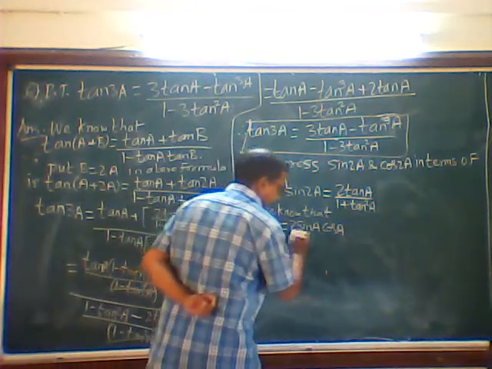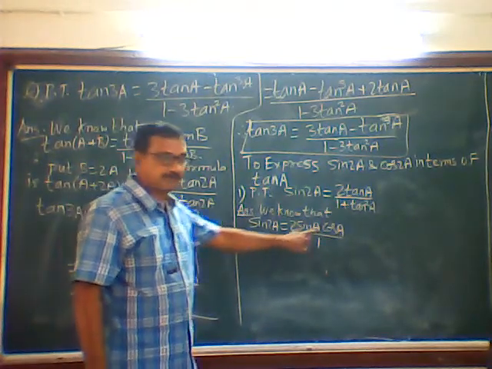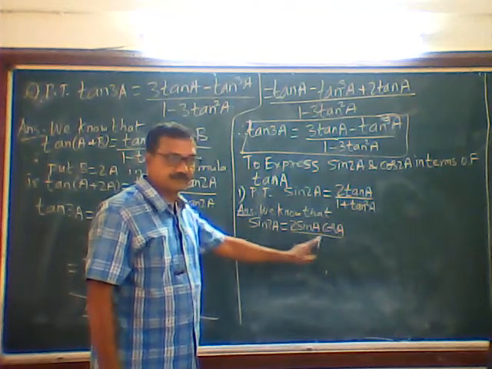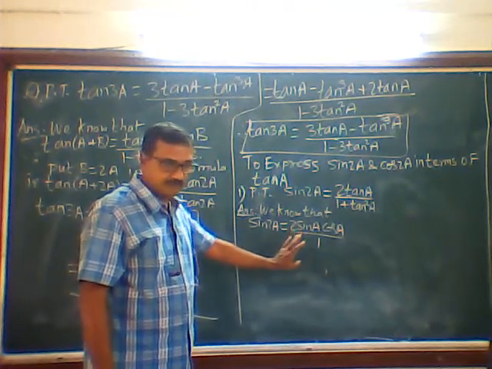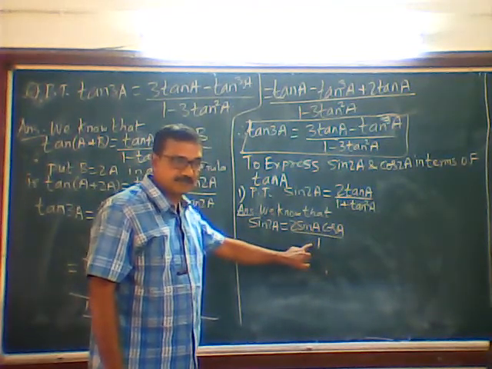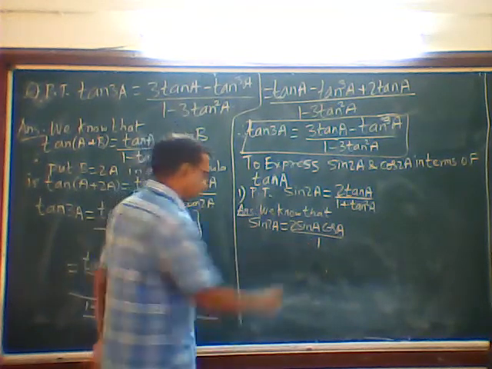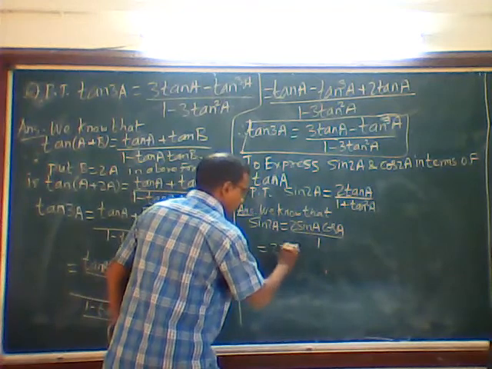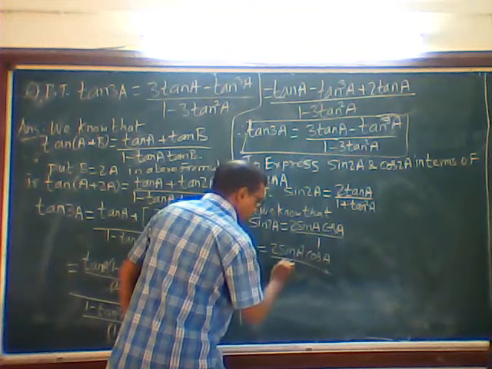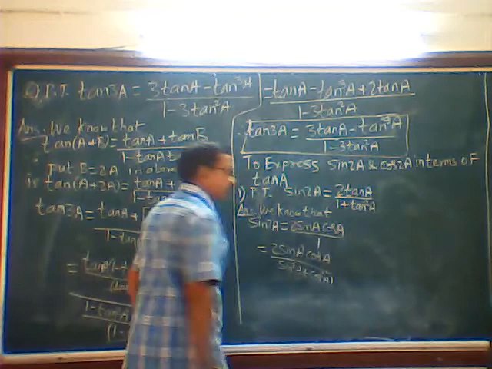Okay, I'll say here divided by 1. Sin 2a is 2 sin a cos a. I'm saying divided by 1, it is same only, not changing: 2 sin a cos a divided by 1. Okay, next what I'm doing? As we are dealing in sin and cos, we have a Pythagorean relation: sin square theta plus cos square theta is equal to 1. I will take that. I will write next step: 2 sin a cos a divided by, in place of 1 I write sin square a plus cos square a.